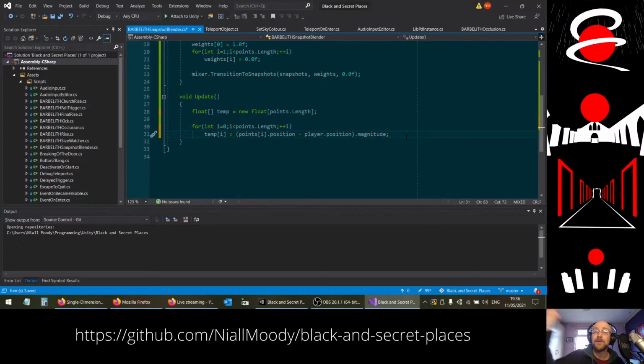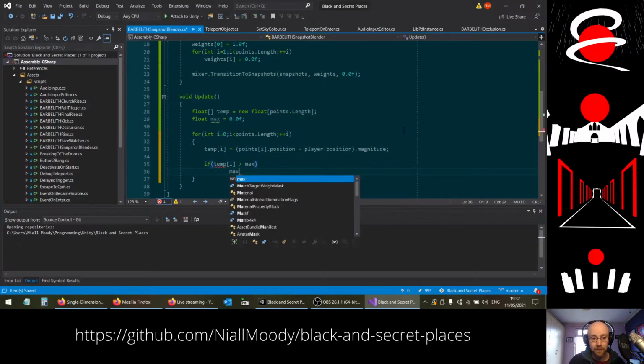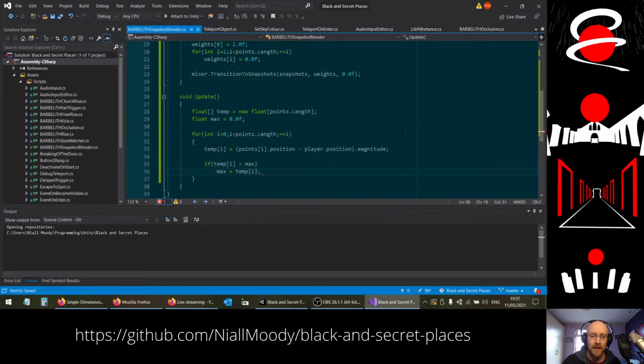So first of all, we look through each of our points and we get the distance of all of those. In fact, what I'm also going to do is store the maximum distance. Yes, so set that to 0. Okay,